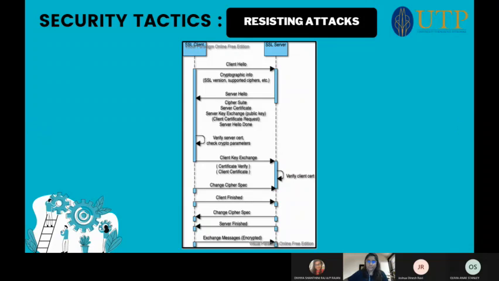So this is a sequence diagram where we are going to see how our Google Classroom is maintaining data confidentiality. Basically, this is SSL, Secure Socket Layer. So when the client sends hello to